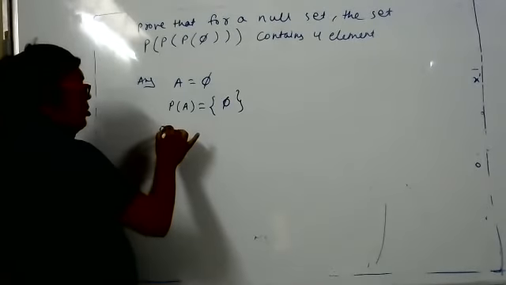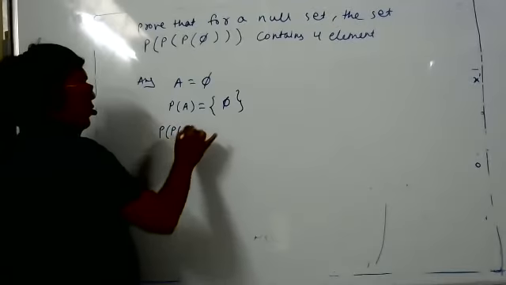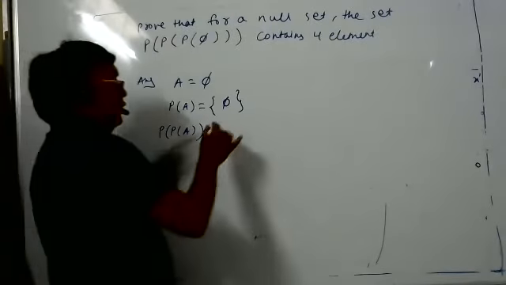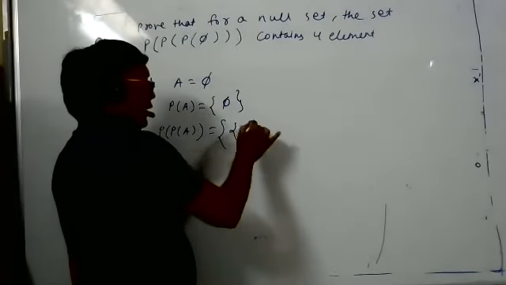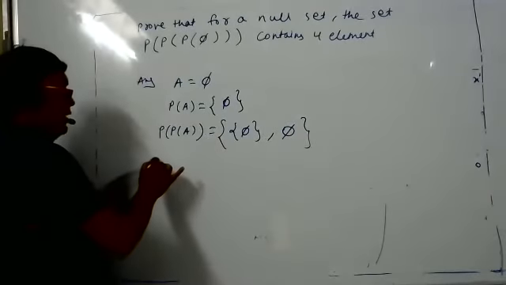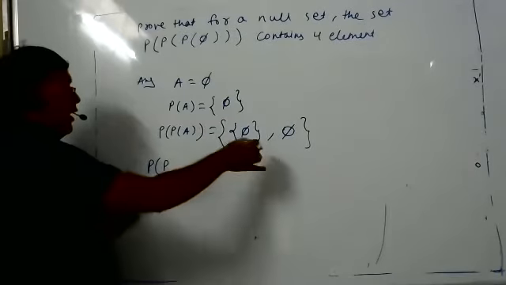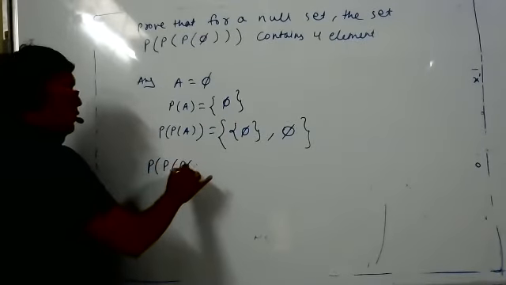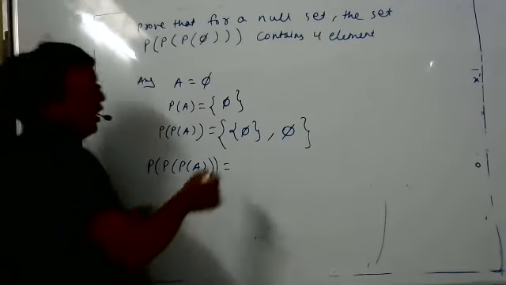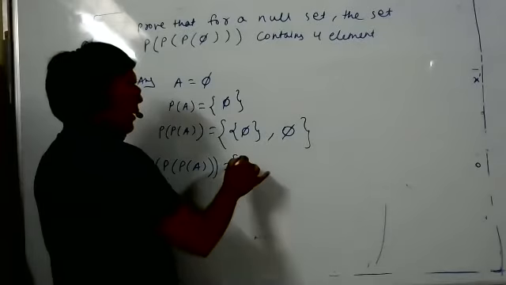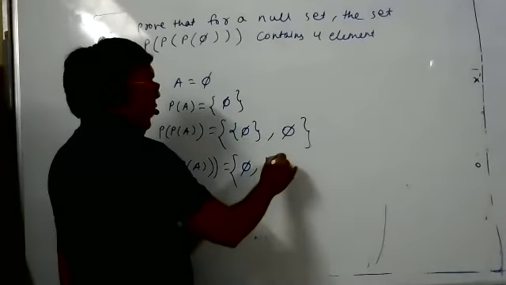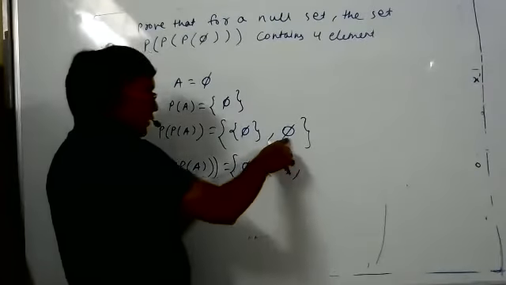Now the power set of the power set. That's one element. In the power set, how many elements? Two. So it will be like this: this and the null set. Correct now? Yes, sir. Then the power set of the power set of the power set. So 2 elements means the power set has how many elements? Four elements, 2 to power n. One is null set, one is this set, one is this set, again null set.